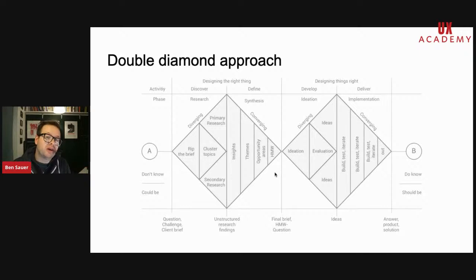Now, once we have a better understanding of that problem and that market and all the things we want to do, we start to narrow down. And that is the process called definition or synthesis, which you can see is the second half of the first diamond. So now we start to boil down what we learn. This is kind of the detective work. Think of somebody,